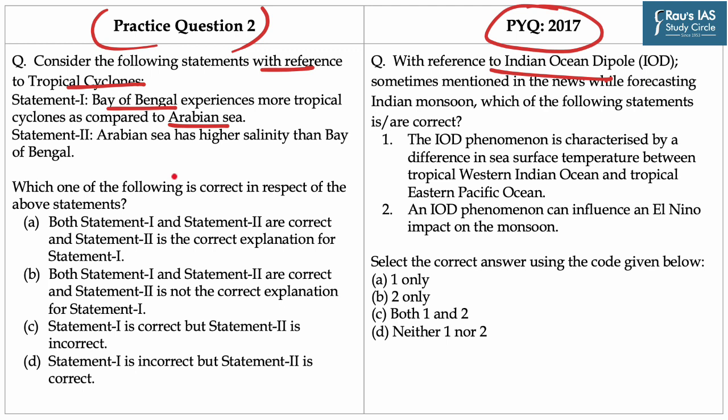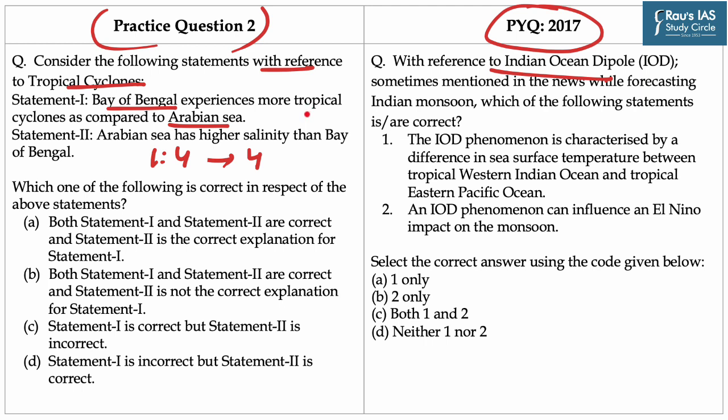Now, the ratio of cyclones between Arabian Sea and Bay of Bengal has been 1:4, and this is because of 4 factors. The first is that the average temperature of Bay of Bengal is higher than Arabian Sea. Bay of Bengal is a warm pool region, while on the other hand, Arabian Sea has higher salinity and low temperatures, which is disadvantageous for cyclone formation. The second reason is that Bay of Bengal has abundant water availability due to continuous influx of water from large rivers like Ganga and Brahmaputra.